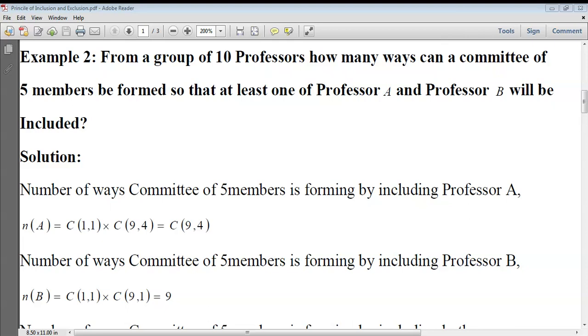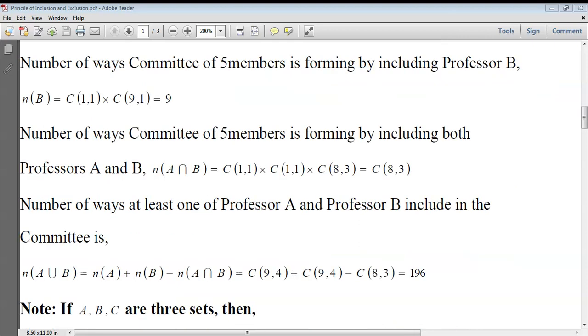Okay. Now let us take the second chance. Second chance is you are forming a committee of 5 members by taking Professor B only. So you need to fill 5 blanks. Out of them, one blank is filled with Professor B. For Professor B, the chance is 1C1. Okay. So there are 4 other blanks. You need to fill 4 blanks out of 9 professors. So we'll have 9C4. So total it is 1C1 into 9C4. Okay. For Professor B, it is not 9C1, it is 9C4. I will modify. Okay. So for Professor B, the number of chances is 1C1 into 9C4, and the answer is 9C4 for including Professor B only.